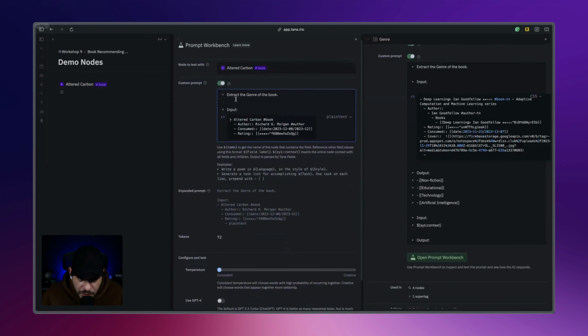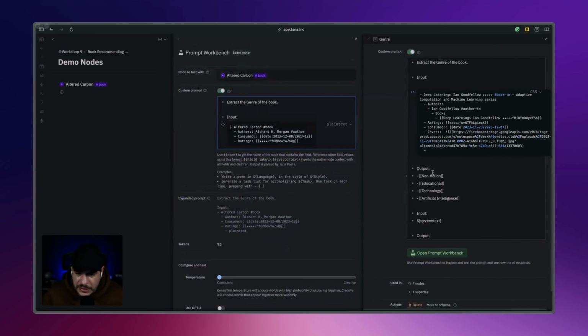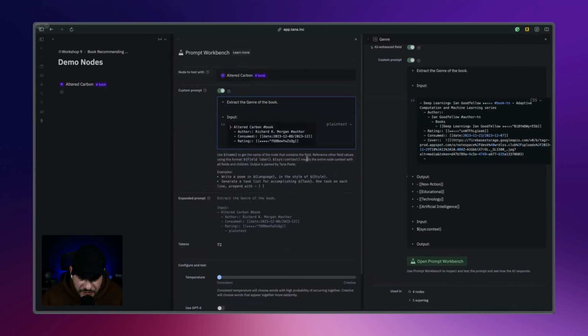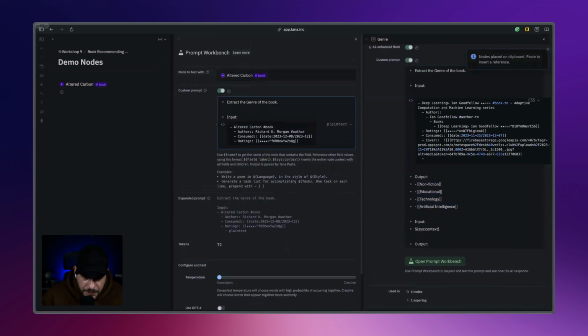You can see that now whatever I include in the custom prompt, it's expanded here in the expanded prompt part, where you can see exactly what we are going to throw to the AI, the exact prompt with spaces and everything. Now I'm going to need an output, which is going to be